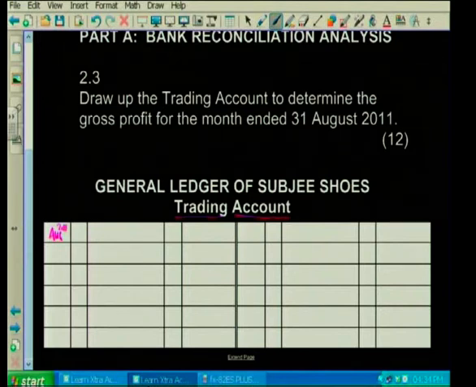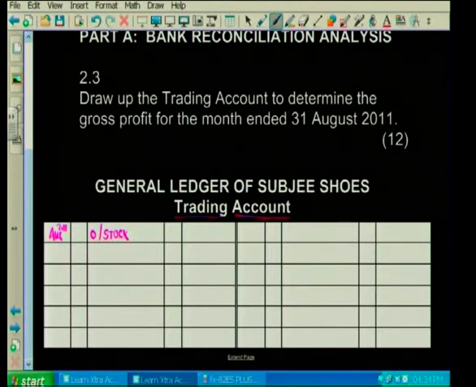The first item that you will have here is your opening stock. Please, grade 12s, a humble appeal to you once again. Do not use abbreviations in your exams. If it is done as a calculation, then by all means, be as brief as possible, even use abbreviations, no problem. But if you use abbreviations in work that is required, then definitely it could be marked wrong. And you don't want to take that chance, do you?